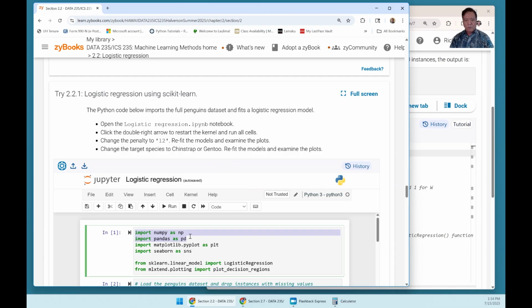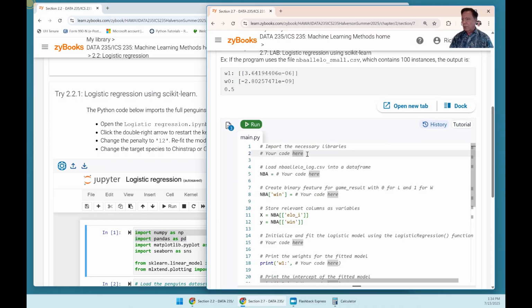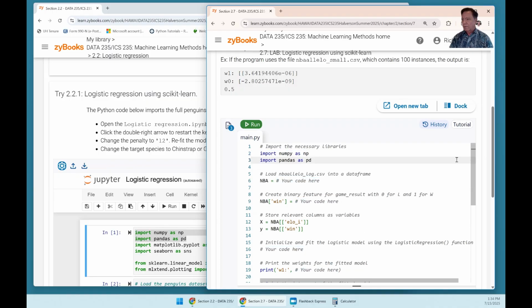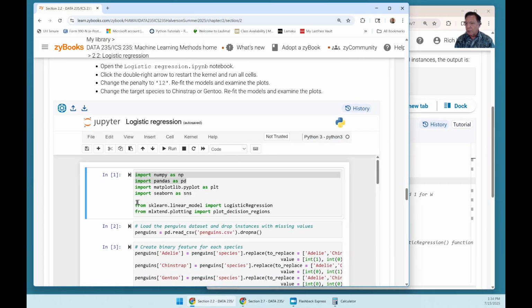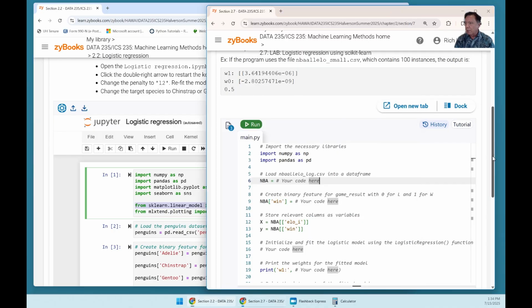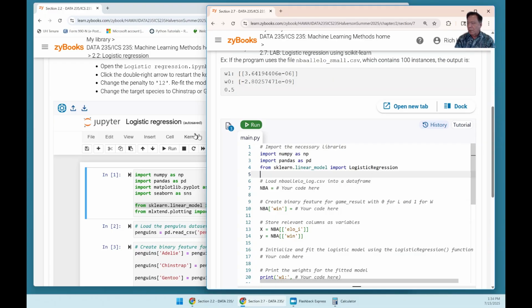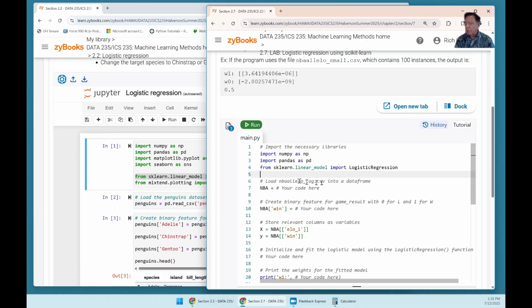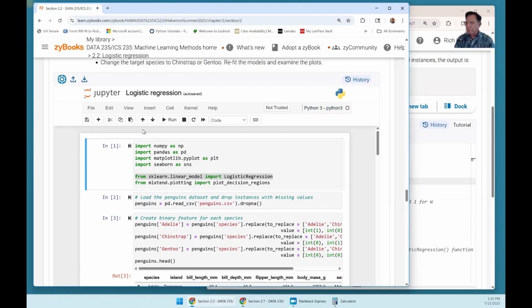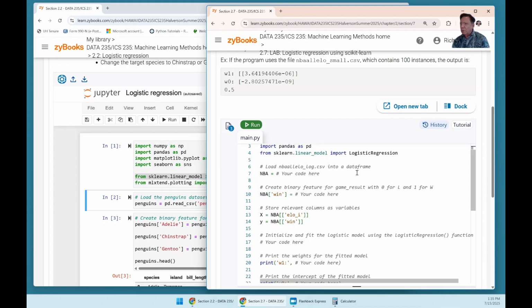We always need to do that. I'm going to copy, Control C, Control V. And then we got to create a data frame. Wait, we also need to do this linear model, logistic regression. Copy, paste. Okay. And then we're going to create the data frame from the CSV file. That's same as this. We don't need to drop any instances because we have, what are we doing here? We're doing